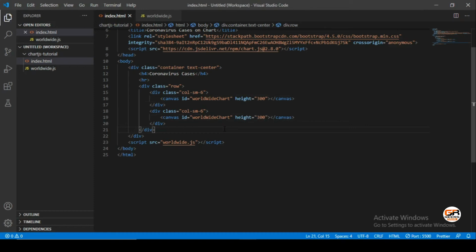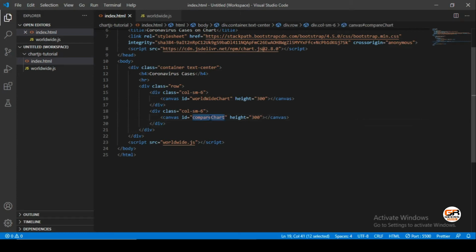We had created the element, so let's rename the id and make it compare chart. Whatever you like you can put as the id; I have put compareChart.